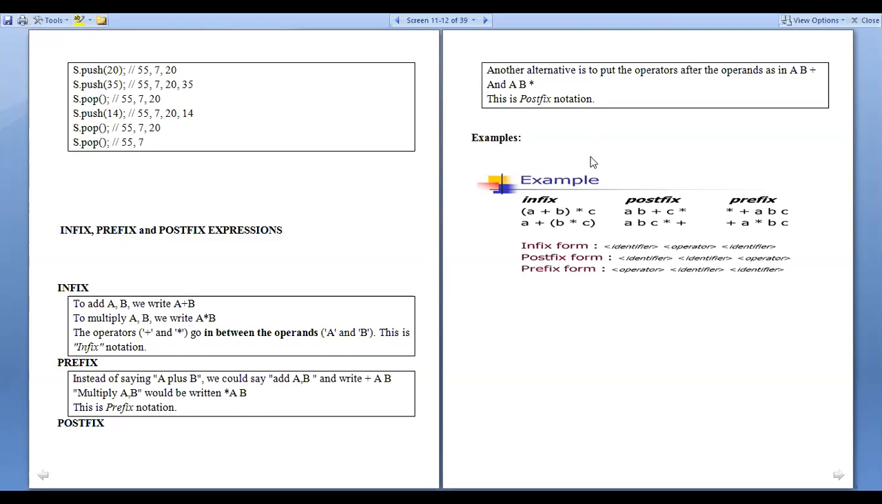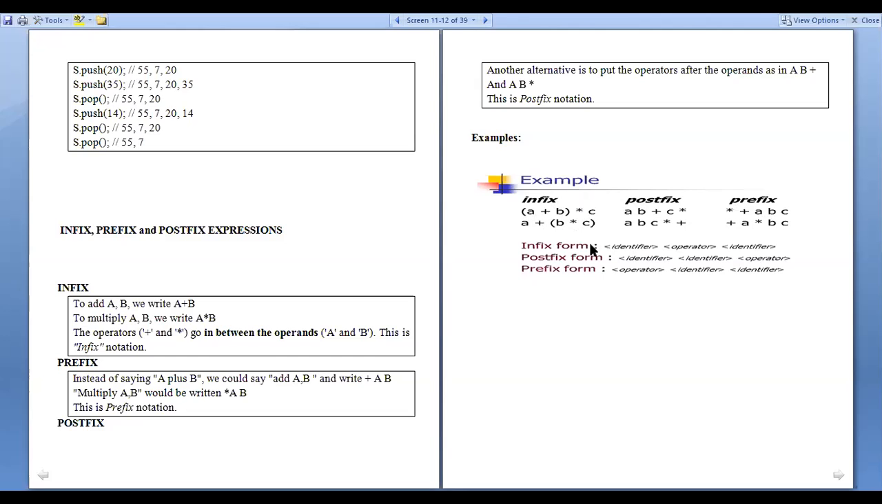So we can see some of the examples. These are the examples for infix, postfix, and prefix. Infix: bracket a plus b closing bracket star c; a plus opening bracket b star c closing bracket. Postfix: a b plus c star; a b c star plus. Prefix: star plus a b c; plus a star